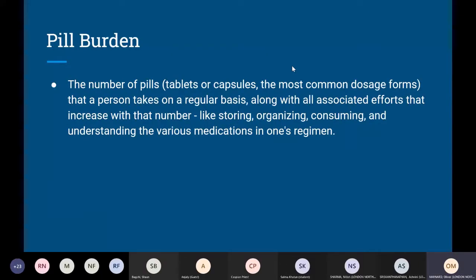So just quickly on pill burden, that's simply the number of tablets or capsules that you take every day, and it's the bad consequences of having to take too many: not only the side effects and the interactions, but obviously the problem with storing the pills, having to go get the pills, having to pay for them, swallowing difficulties, remembering what they're for and at what time of day to have them. Some patients can be on 10 plus pills a day. That's not that uncommon, and it can be a real cause of strife. So trying to reduce that pill burden is a positive thing to do.